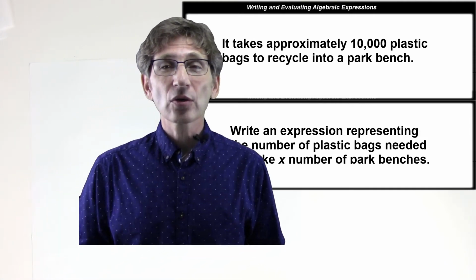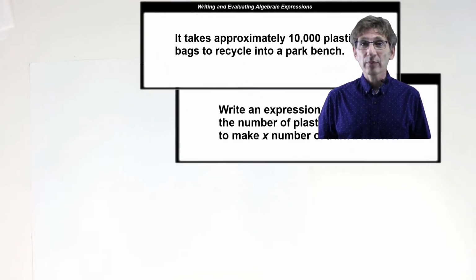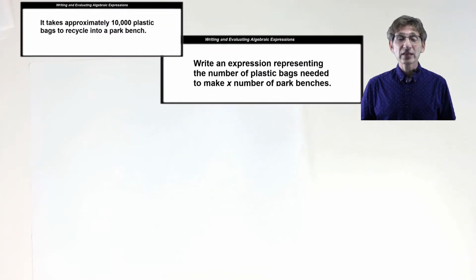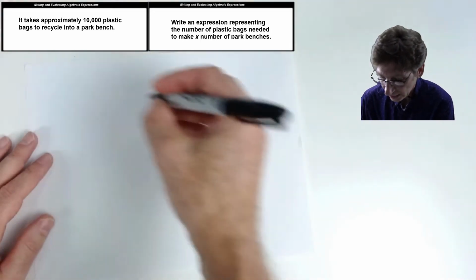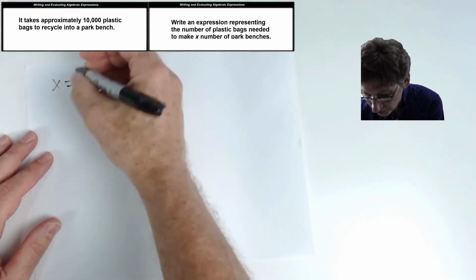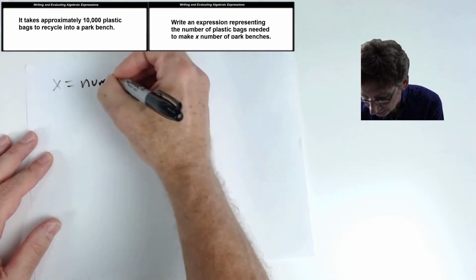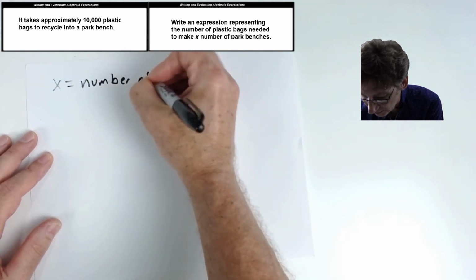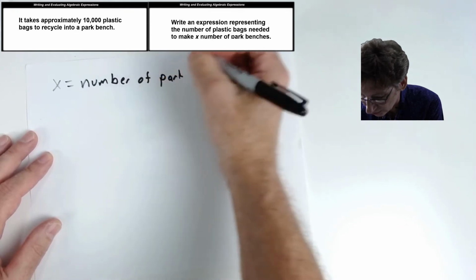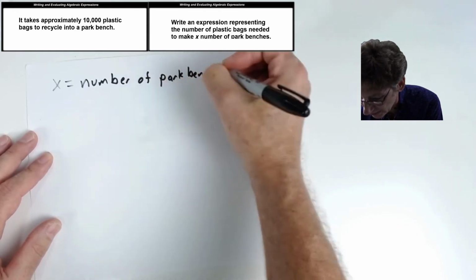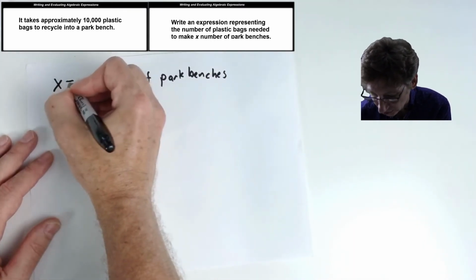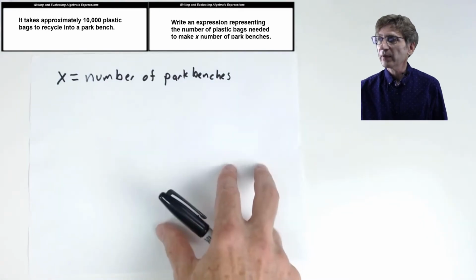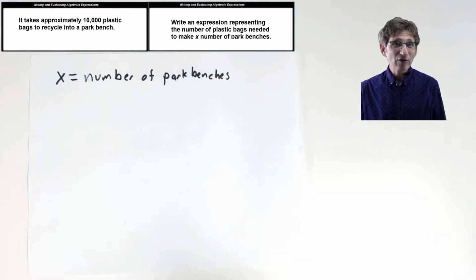All right, so we want to make some unknown number of park benches, X, and how many plastic bags will we need to make X number of park benches? So our unknown is X, so let's see what we can do with this. Let's say X equals the number of park benches. That's what we're given in this situation. We don't know the number of park benches, and we're going to use the variable X to represent that. So X is the number of park benches, and we know it takes 10,000 plastic bags to make